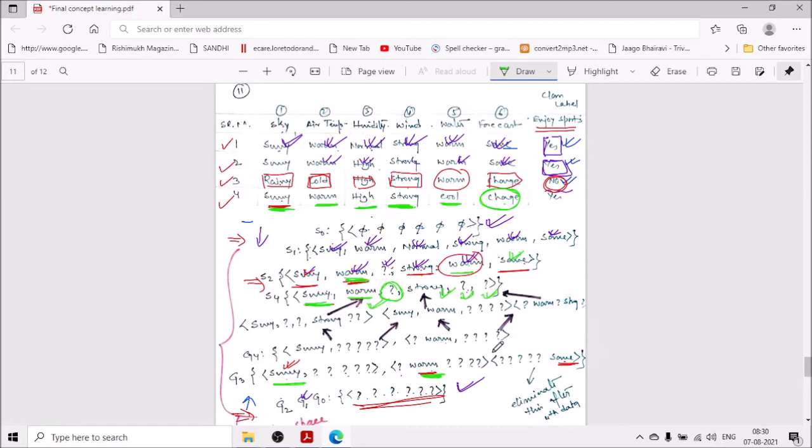So here we have an attribute with same, but same is not accepted, because for the hypothesis the last attribute should be the question mark. Here the last attribute we have used the same, so it is satisfied. It's the last attribute question mark, it's okay, but here it is the same. So we have to eliminate this after the fourth data because the ambiguity will be created. Change is there, here it is the same. So both are different. We have to use the question mark, but here same is there. It should be the question mark. So if any hypothesis has all question marks, we can eliminate it.